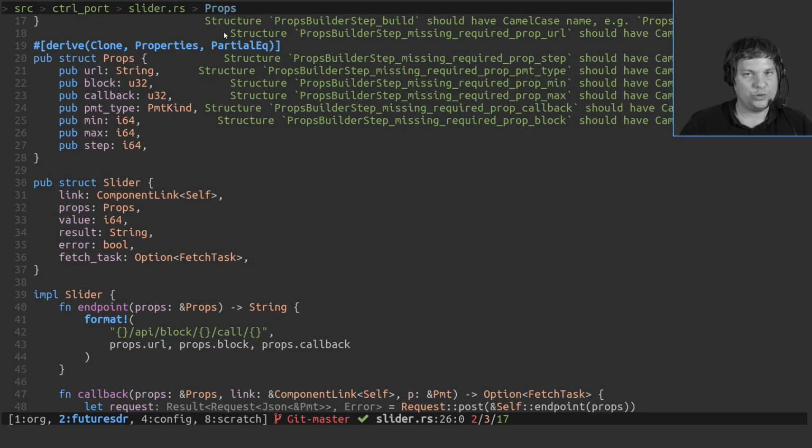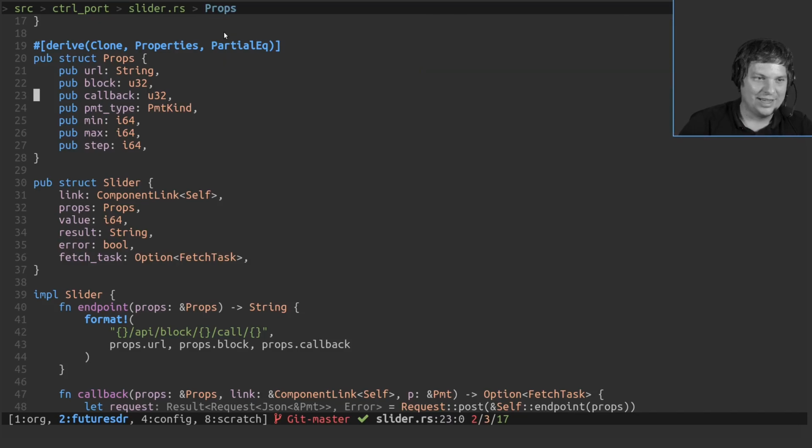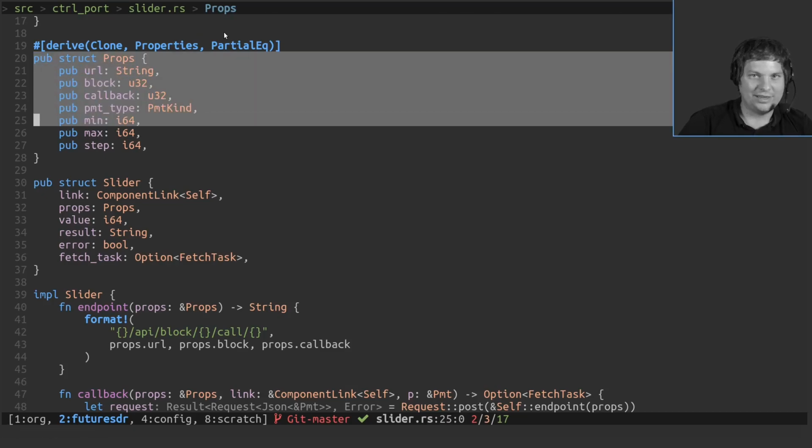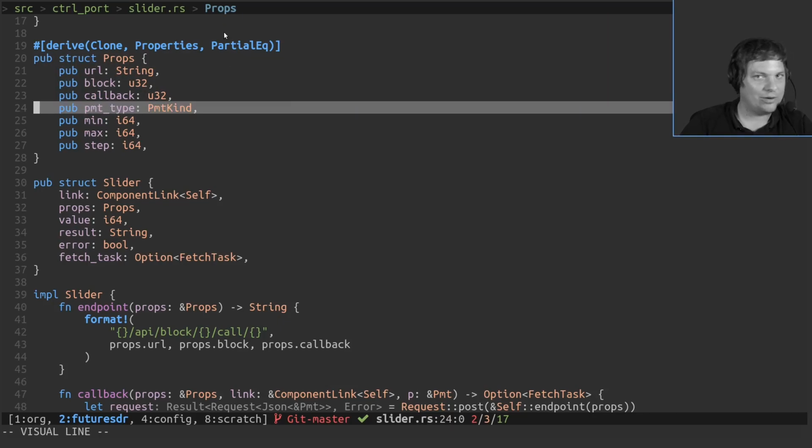It's called Yew. It's very similar to React, just in Rust. And the cool thing is that we can implement the web-based GUI using our PMTs and all our types that we defined for FutureSDR. So there's no disconnect here. Everything is typed. Everything is in Rust. And yeah, that's the advantage here.